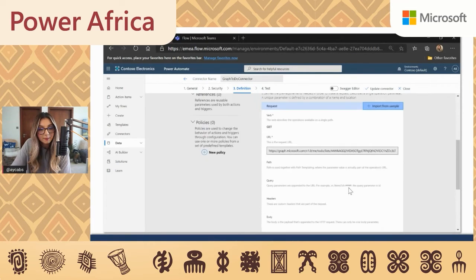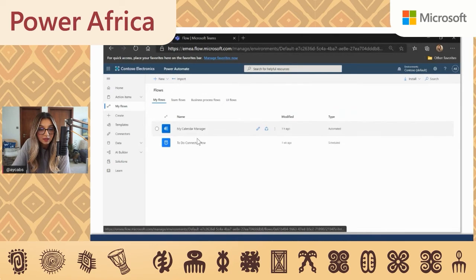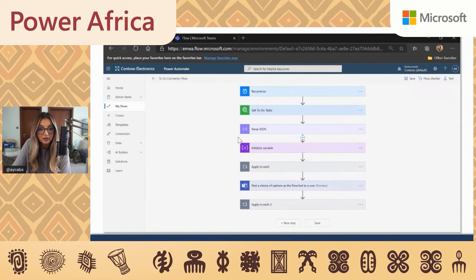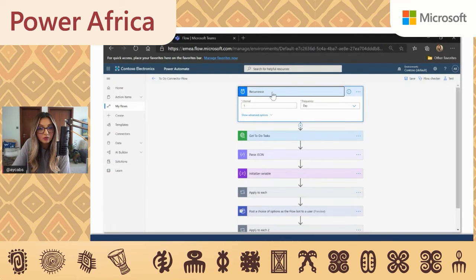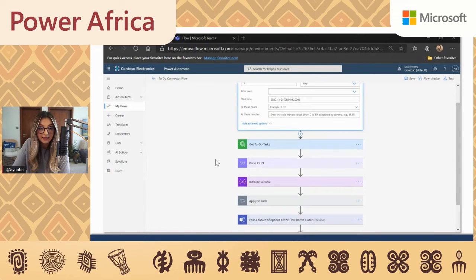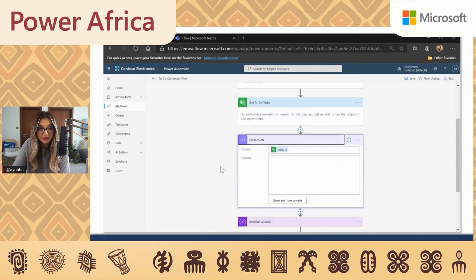And after that, when this is done, I just create a flow for myself and I call my own custom connector in the flow. Here, I build this flow using recurrence. You can just send these notifications like every day at 10. I just put a start time because I'm triggering manually, but you can receive these tasks every morning and so on, however you like. Next, I just call the to-do tasks custom connector with account I selected, and I parse